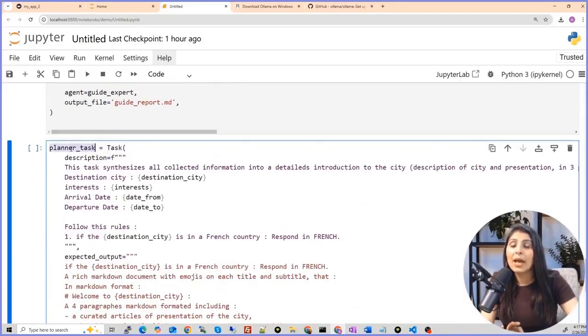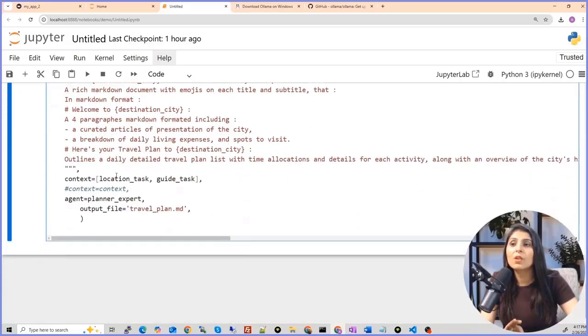So this planner task, our main task, will provide us the output on the basis of the context: whatever the location task and the guide task did will become the context for this planner task, and then the planner task will create the final trip plan for the user.